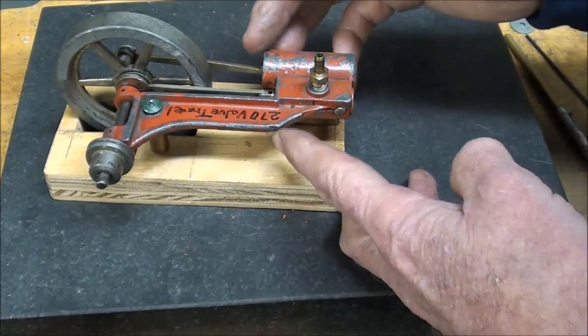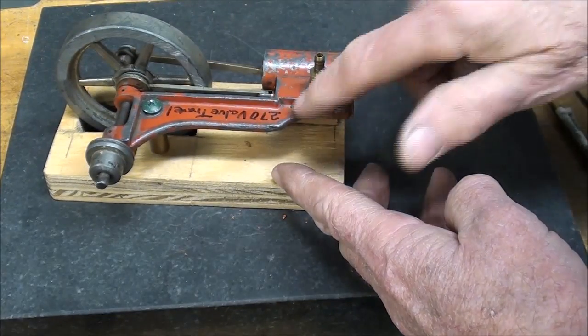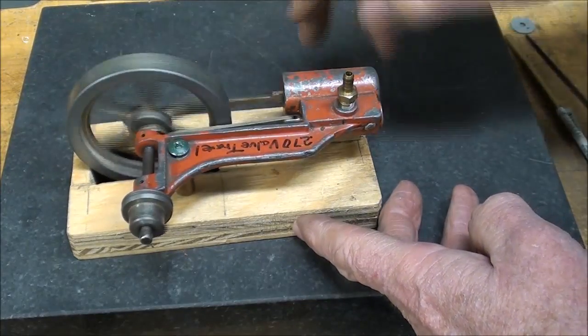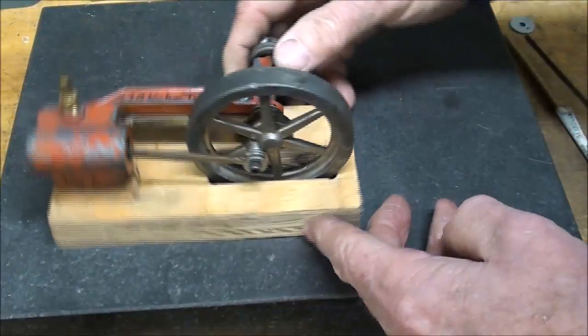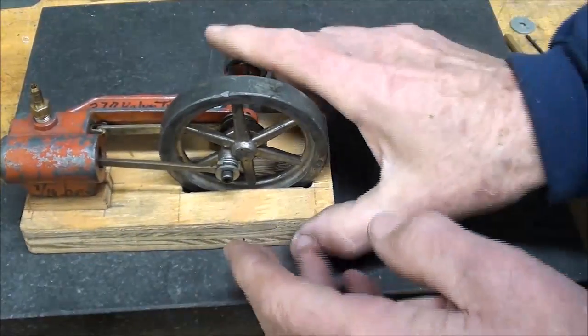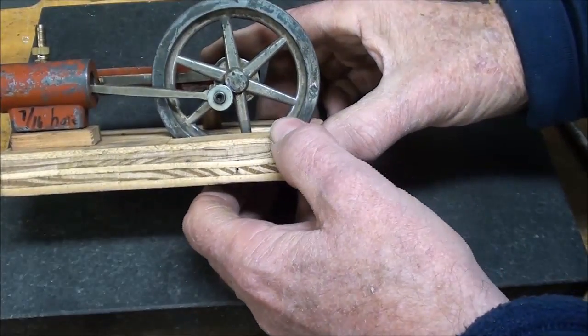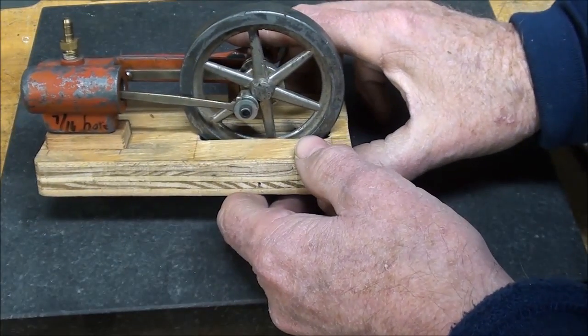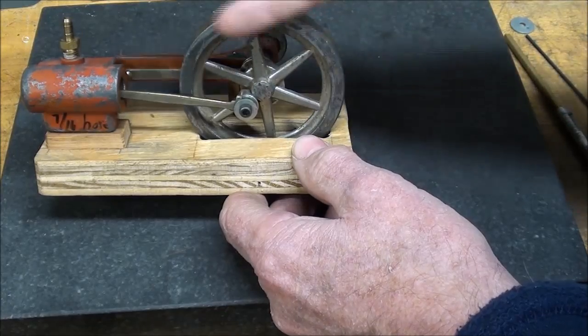Secondly, it's made out of lead. This entire red casting is lead, as is the flywheel. So simplicity is what it's all about in these boys' toys, I suppose, so they could make them super cheap and make them affordable for a dad to buy for his son for Christmas. And I think this is probably